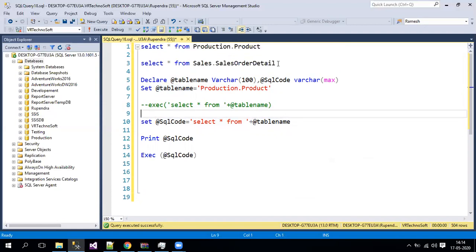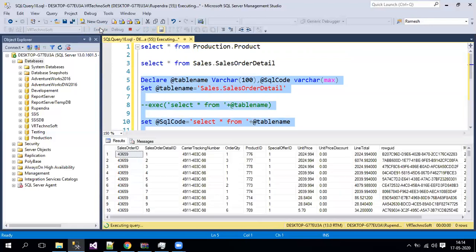I'll just put another table name, maybe sales or details, and I'm not going to change any of my code. I'm just putting my table name in the variable new table name, and let's see. See, now this is giving the sales details.